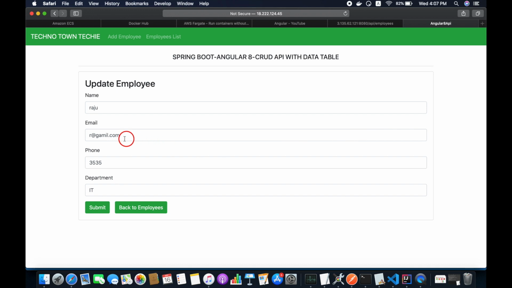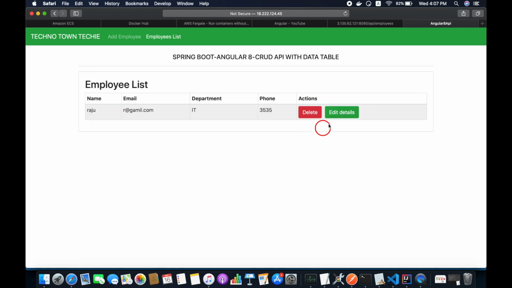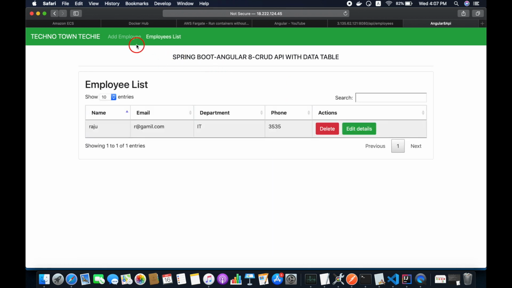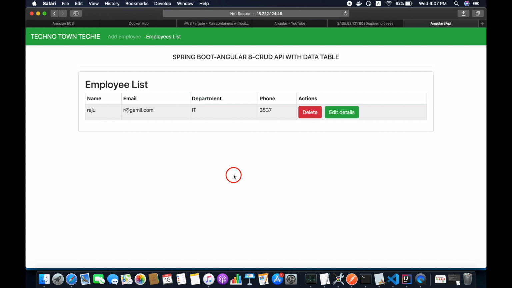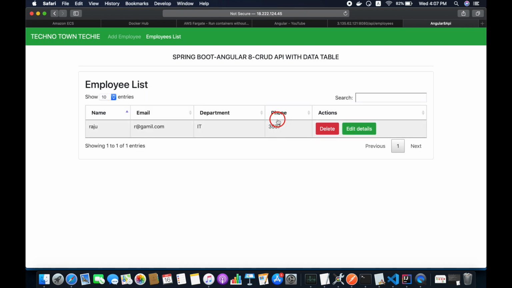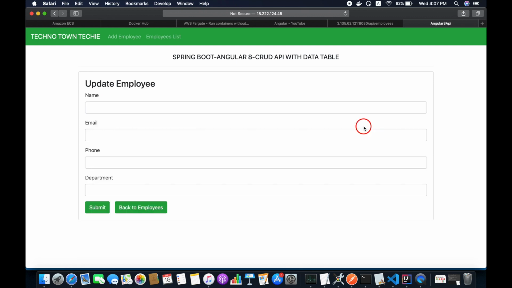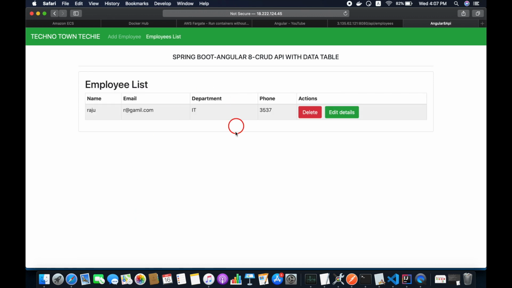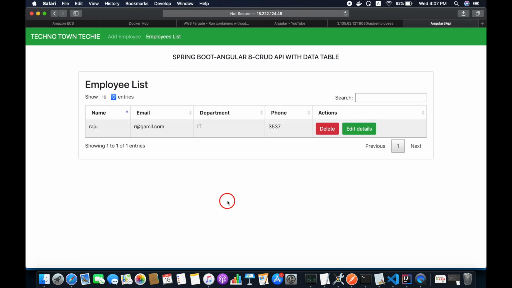Click on edit details and let's update this. Okay, updated successfully here. If you want to delete, you can delete here. So edit details and back to employee. It's working fine, guys. This is how you can deploy this full stack application on AWS ECS Fargate.